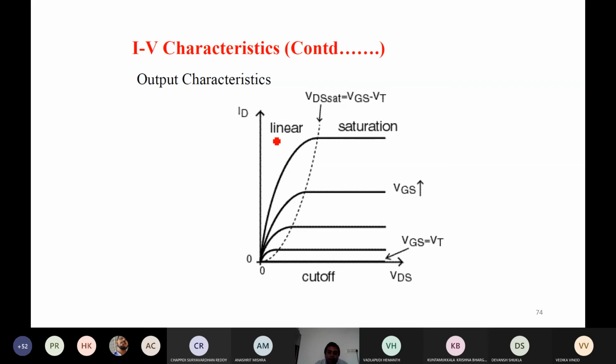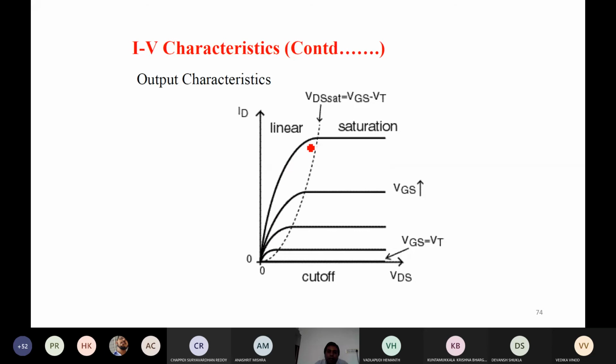This complete region we still call the linear region, but exactly linear is only at very low VDS. We are increasing VDS in the linear region, even increasing VDS further, but it is still less than VD set. If it is high but less than VD set, there is bending and high resistance is obtained. Due to high resistance, the bending happens, and this is the starting of the bending. The current is not able to cope at the same speed as it was increasing here. It is not increasing with that rate.